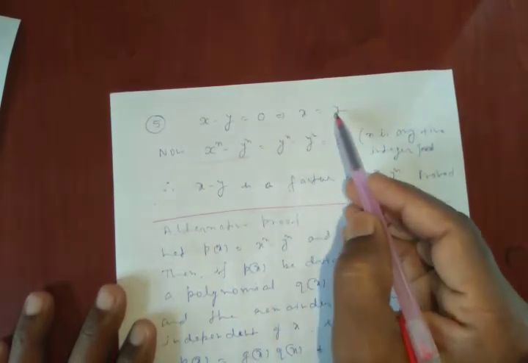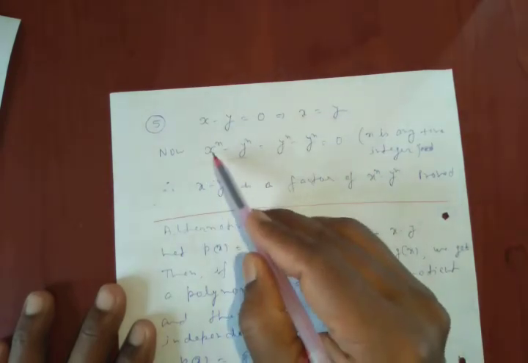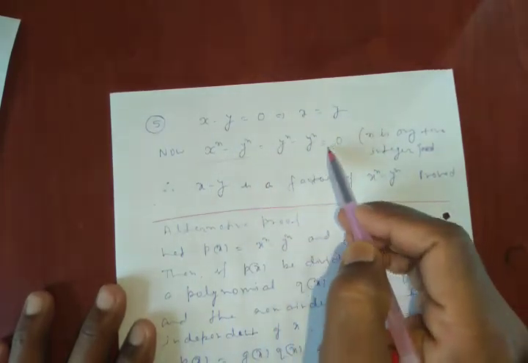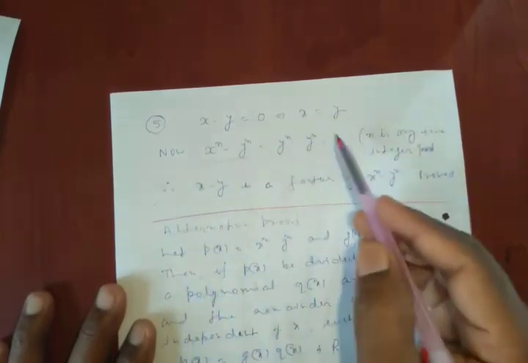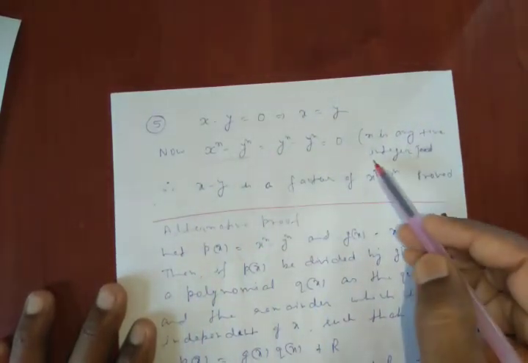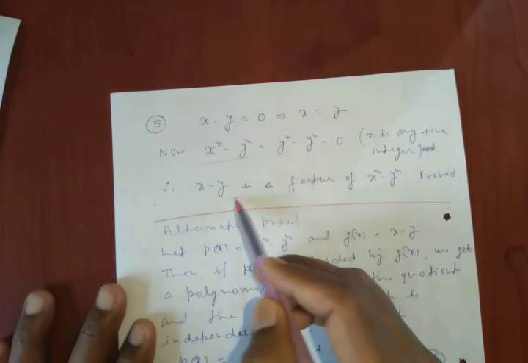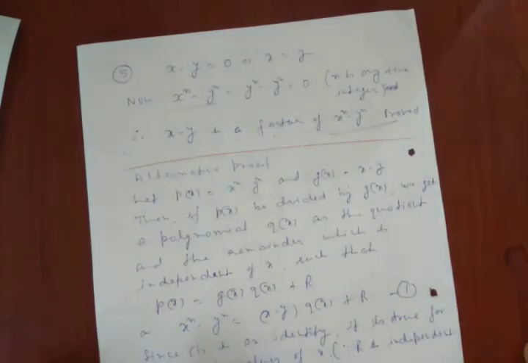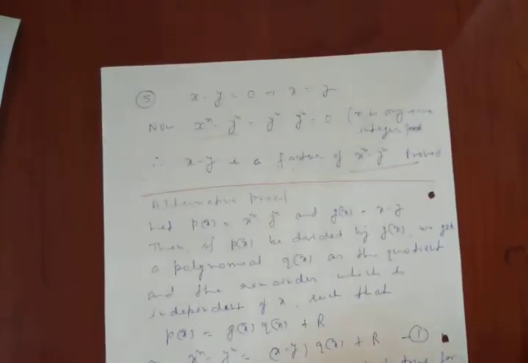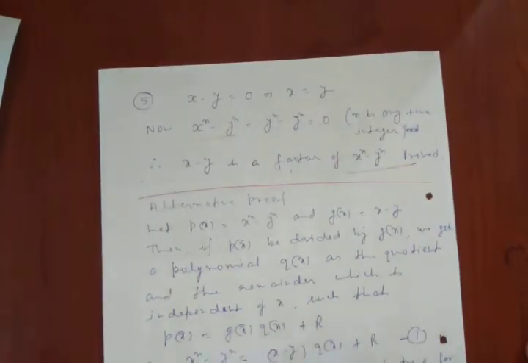So we can put y in place of x. So here y to the power n minus y to the power n is 0. So when we put x equal to y in this, its value becomes 0. Therefore x minus y is a factor of this. So this is the small proof, and the other proof is longer. I think just leave it and just understand this one, which is better and shorter.